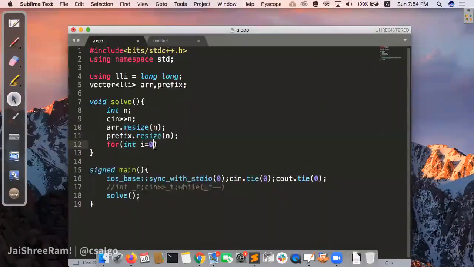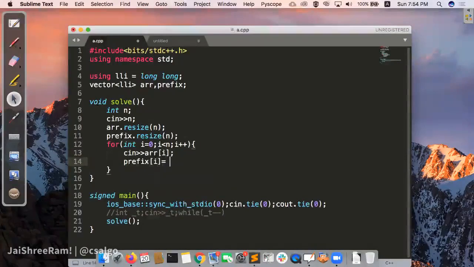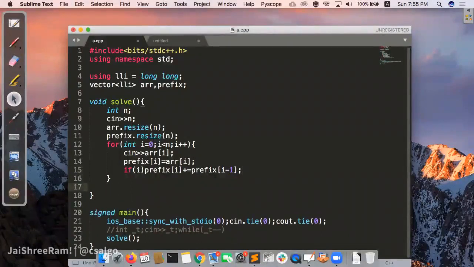So what you do is you just loop from i equal to 0, i less than n, i plus plus, and you need to build the prefix sum for this. You first of all take the value of ARR of i, you assign the prefix sum of i equal to the value at that particular position. And if it is a positive index, then you also build the prefix sum simultaneously. So this is the logic of building prefix sum. You can write building and taking input in a single loop itself if you want to in the prefix sum case. So this is how you can write that. So now you have the array and the prefix sum of the array built for you.